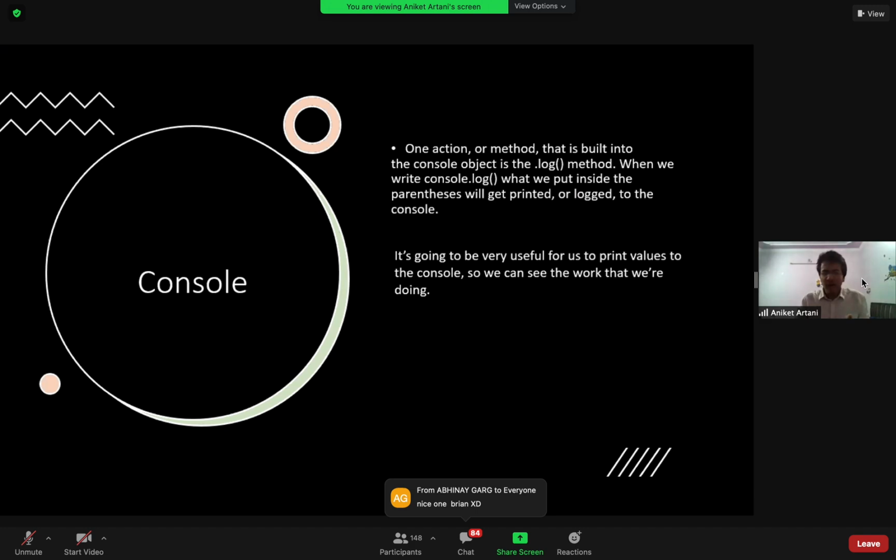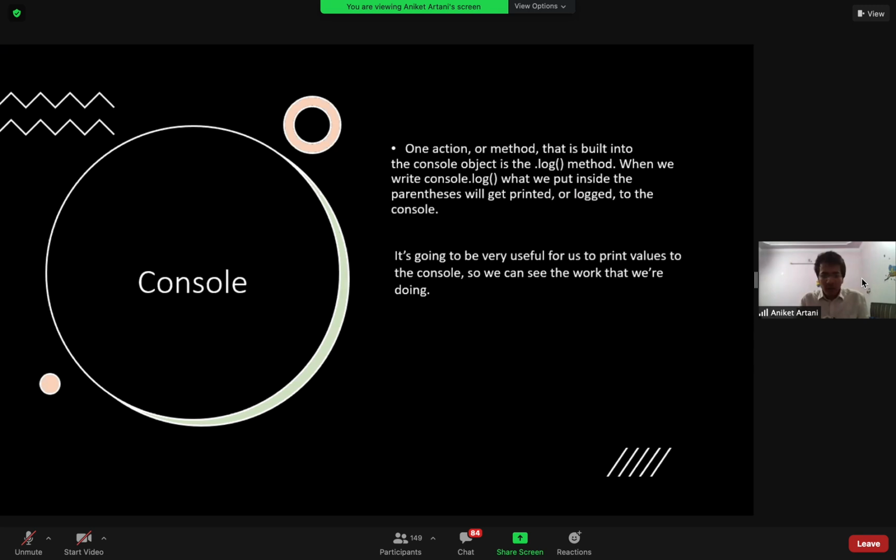And those who have tried Android development know this thing, console.log, because there it shows the different types of errors in the console box. The same is true in programming. In JavaScript also, it shows errors in the console box. Or if you want to test anything, you can test it in the console. I will show you practically how to test in the console box and how to run your scripts.